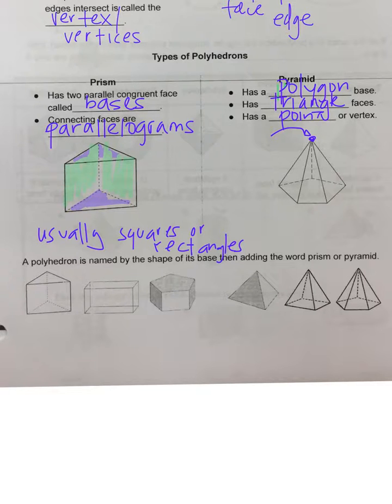That's the difference in a pyramid and a prism. The pyramids always come to a point. The base on our pyramid is the polygon shape. Now, we're going to name the